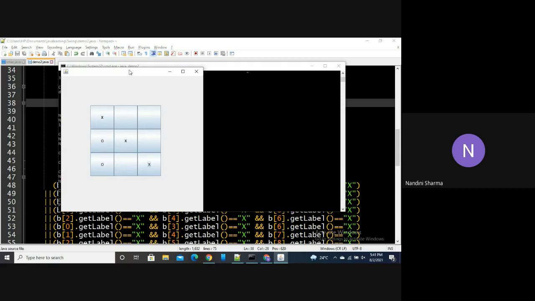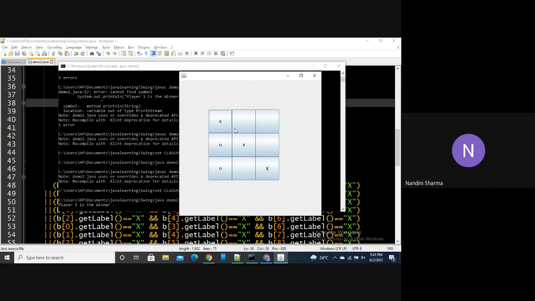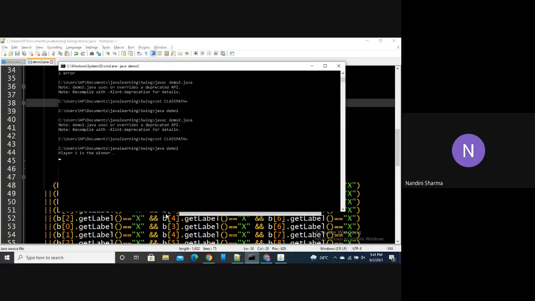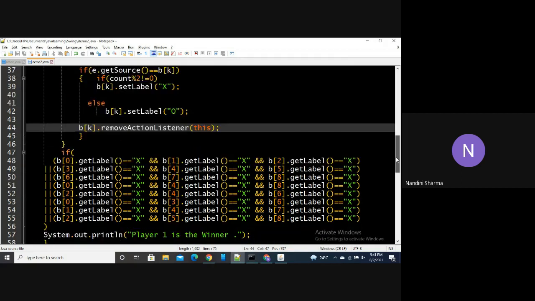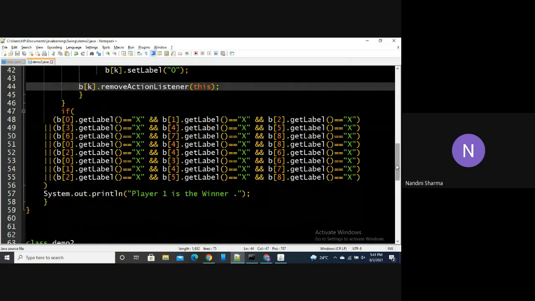Now you can see our player number one is the winner, and we are printing "player one is the winner" in the command line. I think it is clear till now. Anyone has any doubts? Okay, then let's proceed.